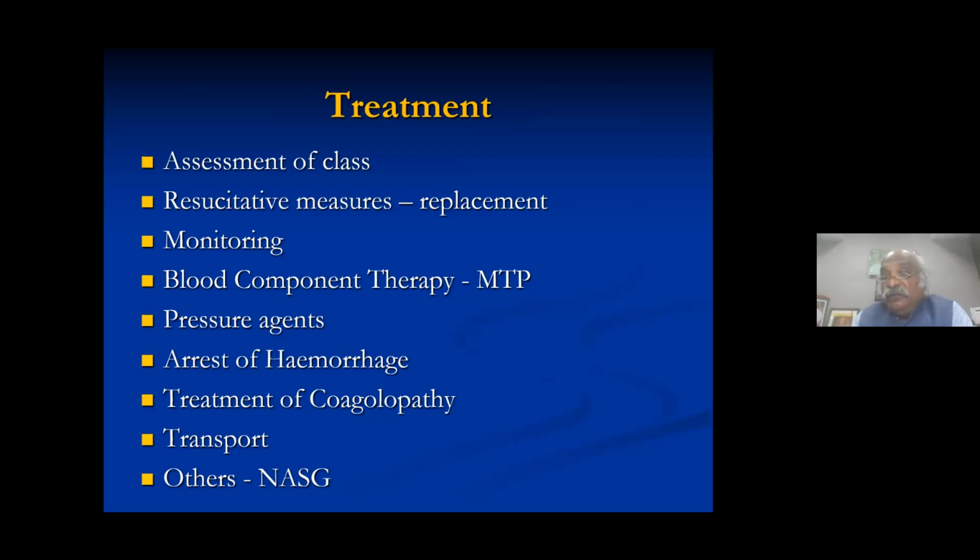Treatment of coagulopathy. Bleeding begets bleeding, and there are a lot of cases where coagulopathy is also related to the bleeding, and therefore the appropriate fractions of the coagulation factors can be transfused. One important thing: when we are in the periphery, from the PHCs, one has to transfer the patient to the higher center, the secondary center. Transport is important. And during the phase of transport also, it's your role to take a lot of precautions.